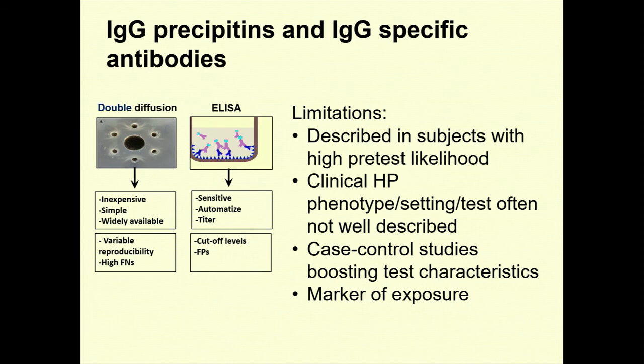Now, the quantitative test, where you measure the antibody, of course, is more sensitive, but you have to set a cutoff, and because it's more sensitive, it's associated with more false positives. Of all the methods that are utilized, ELISA is the most common one. Now, there are many issues with serologic testing in the diagnostic algorithm of hypersensitivity pneumonitis, and I won't be able to